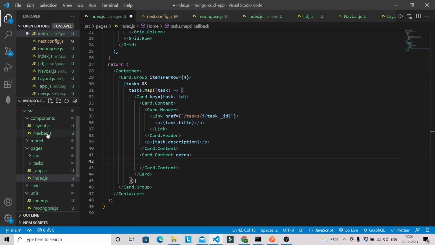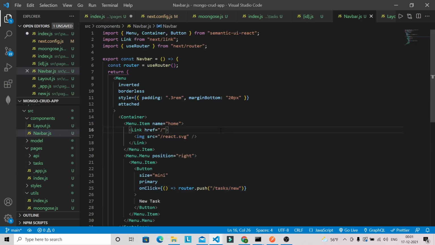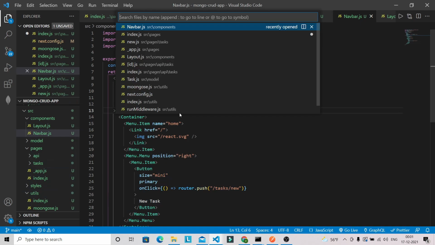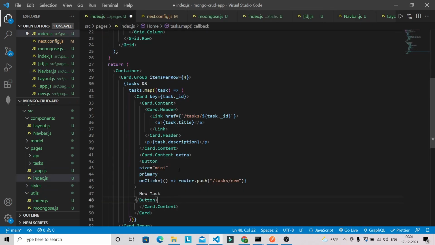For the button, again I'm going to copy this line of code and paste it here, but we need to change some things. This time we are not going to use primary, we will specify the color of that button.